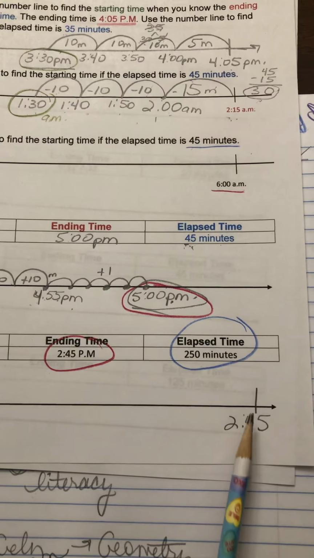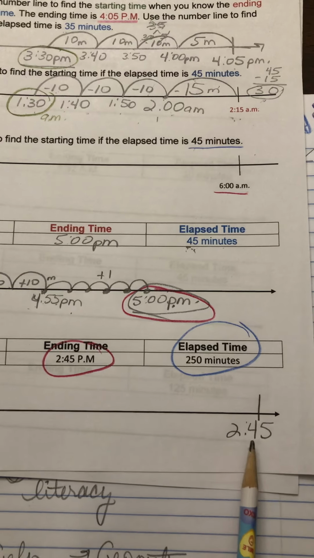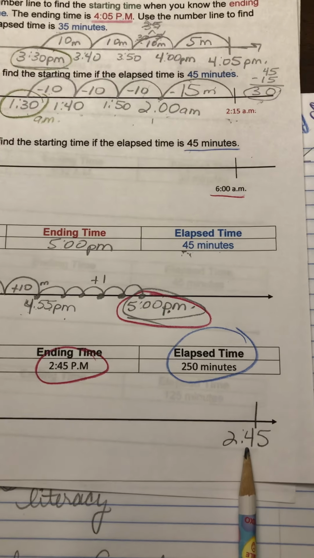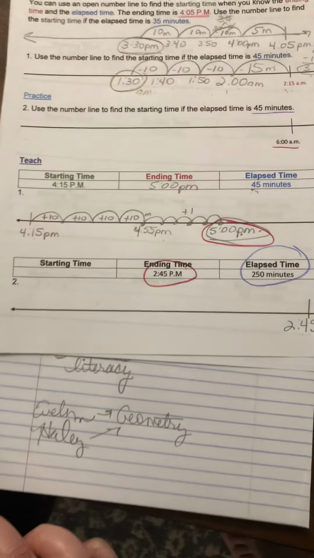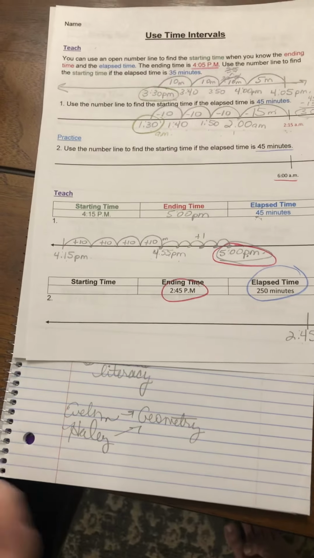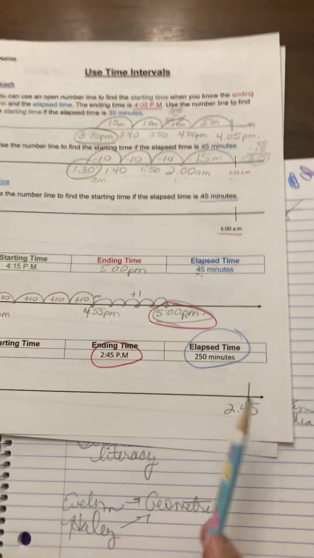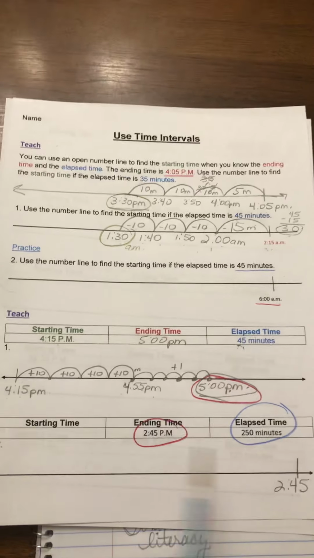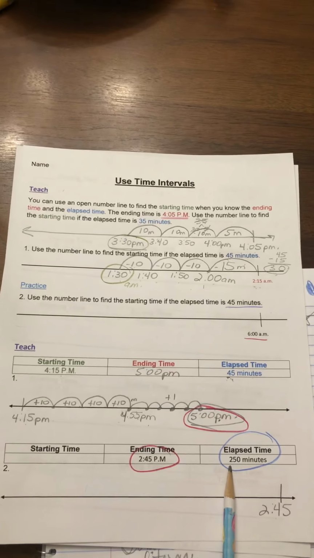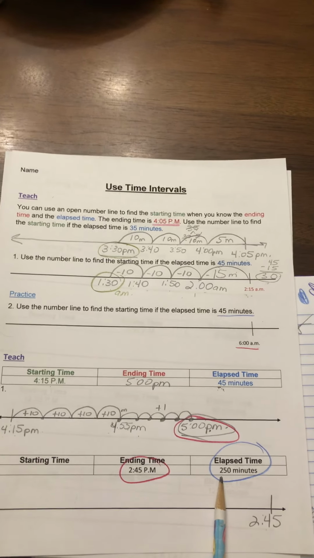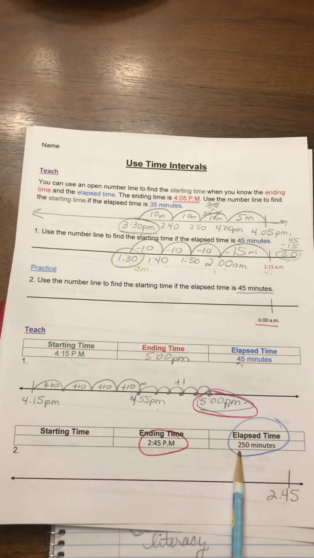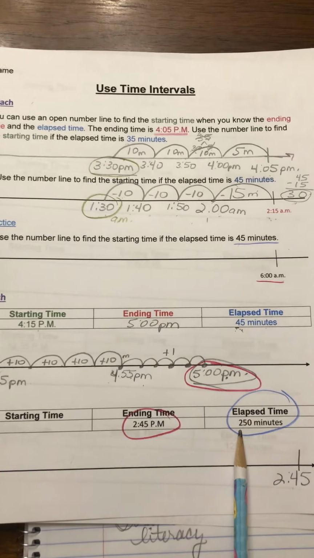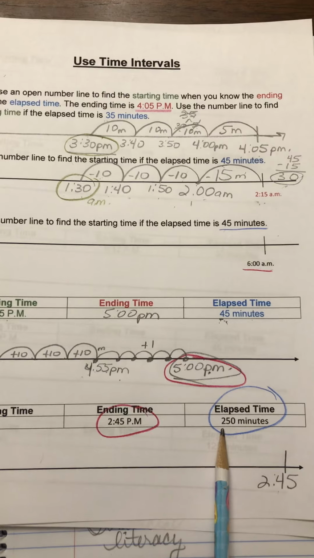So if I'm working from my ending time, I need to work backwards because I'm working more now to my left. So this is in backwards time. So I have to do a little bit of thinking here because I'm used to moving back by hours, and this is not done in hours. This has been done in minutes. So I have to think, well, how many hours are in 250 minutes? So I have to do a little bit of side math. So I'm going to get a side piece of paper,